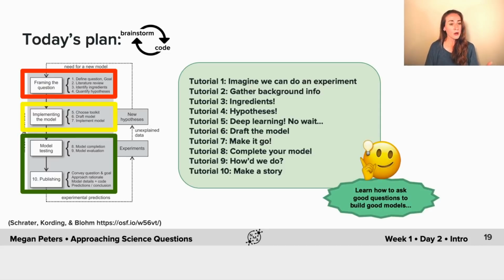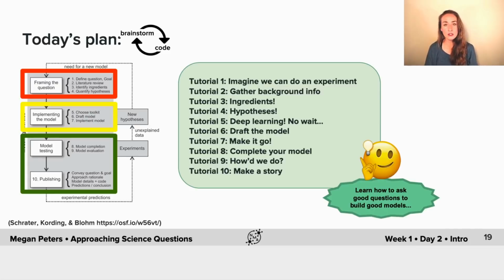So the important part of today is to really pay attention to and think about these 10 steps, the logic of the process that you're going through. The code that you're going to have access to today and play with is really just there to show you how things play out in this little simple toy project.